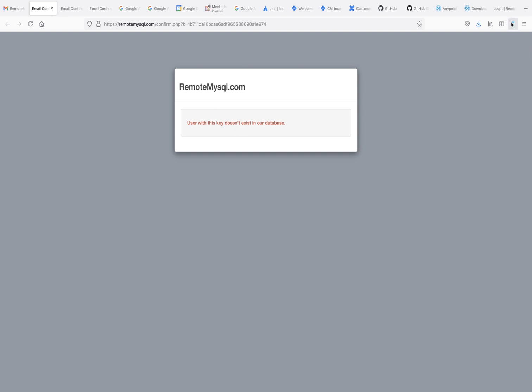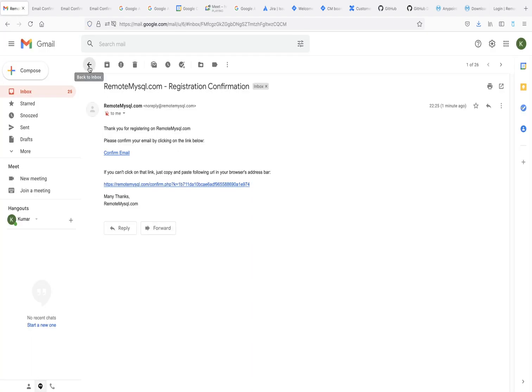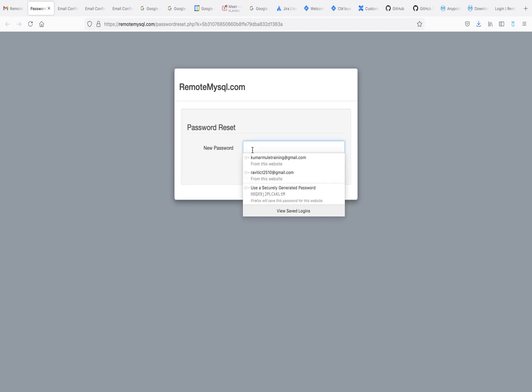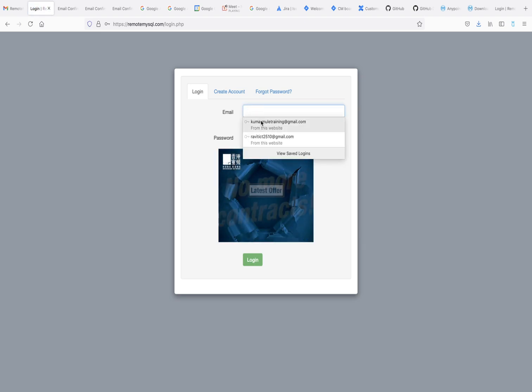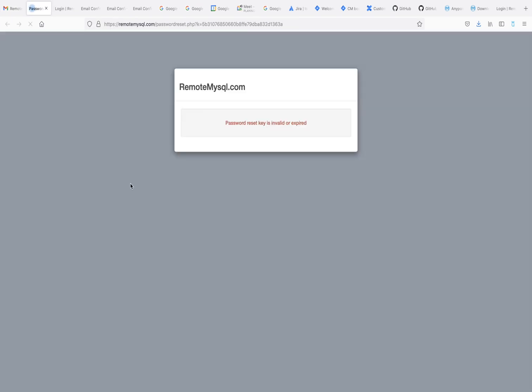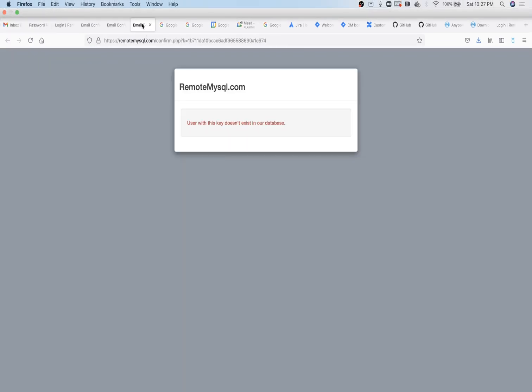For others, you will not get this error, but I don't know what happened with my account. My token got expired.